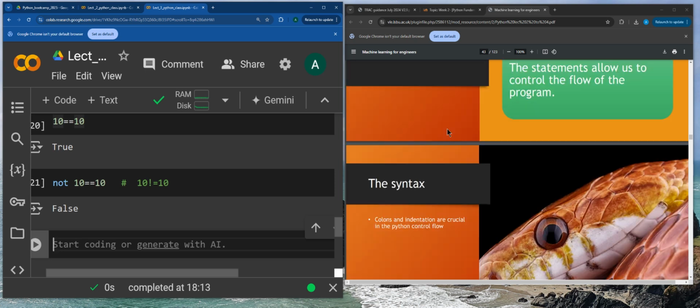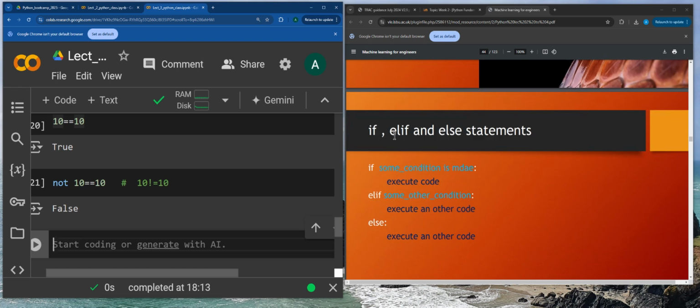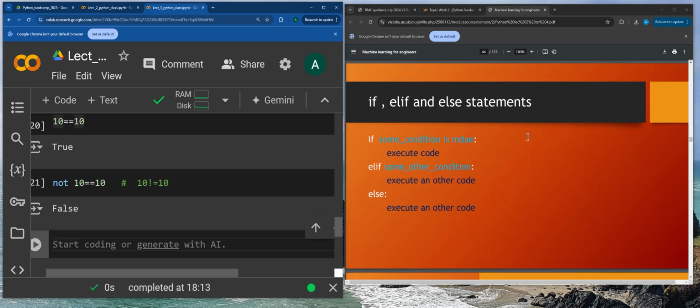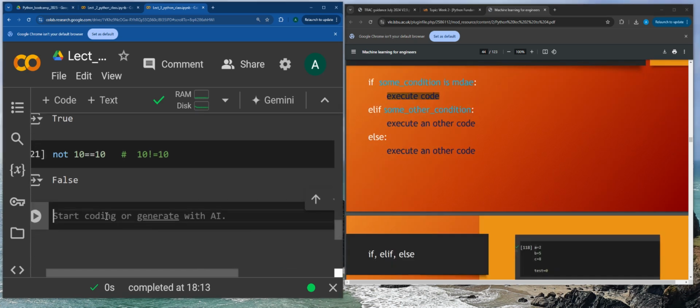Now let's look into the syntax: if, elif, and else statements. We already looked at if in a very simple form. If 4 is bigger than 2, print yes. Or if 8 is smaller than 6, print no. So it goes like, if some condition is met, whatever condition you want to define, you execute the code. But what I want you to pay attention to now, in control flows,